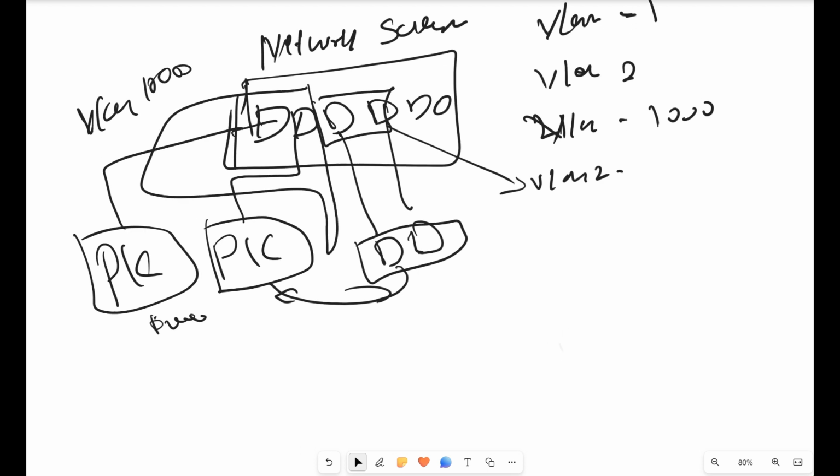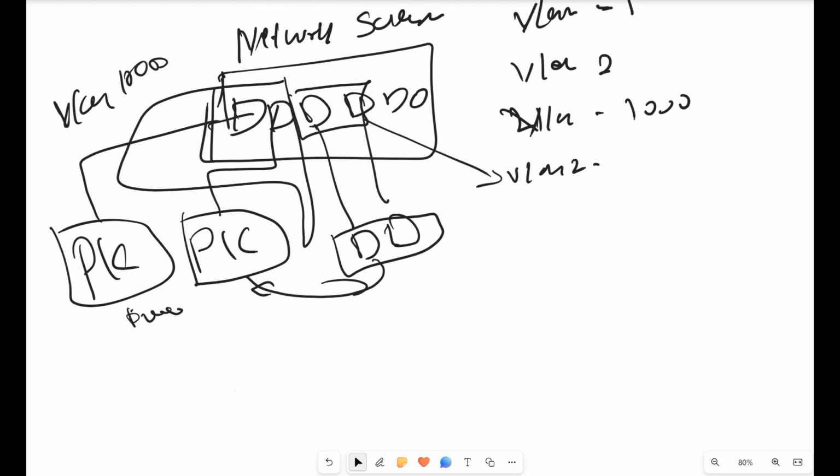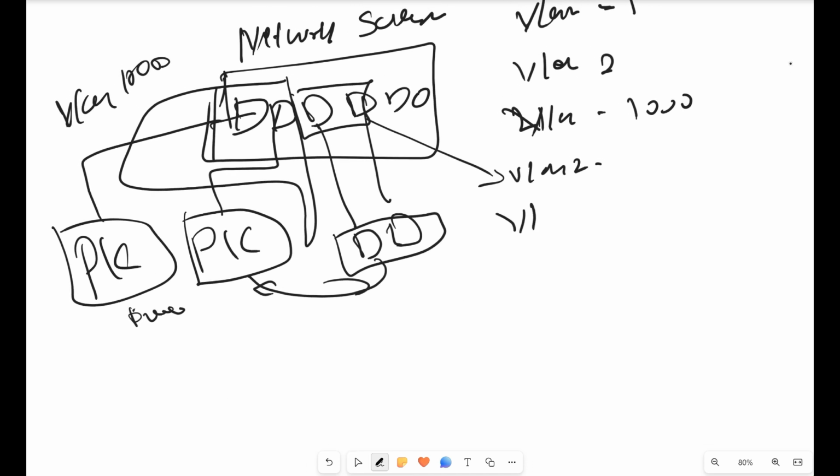For now, what we need to know is that the VLAN segregation happens here. If you have a managed switch, good. If you don't have a managed switch, it's a hub, so basically there is no VLAN, nothing, it's flat. One of the things recommended is that every VLAN should have an IP range for that particular VLAN. So let's say this is VLAN 1,